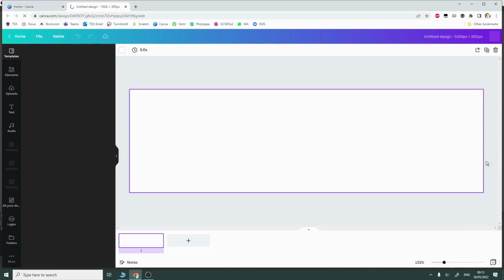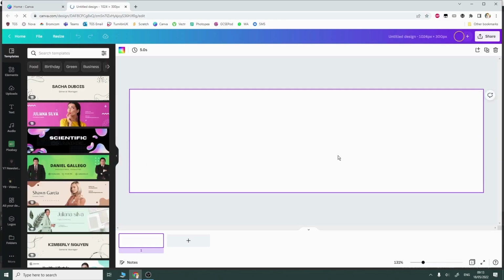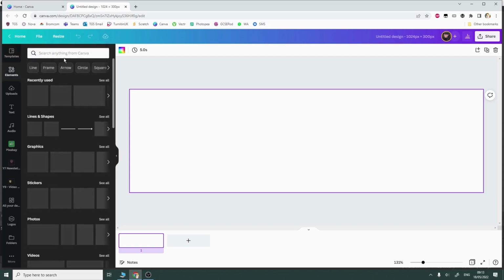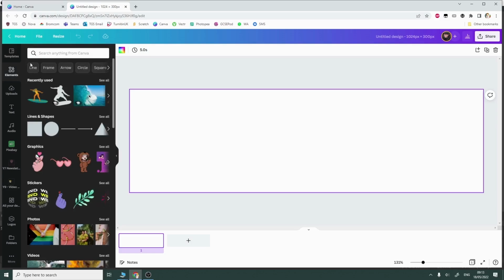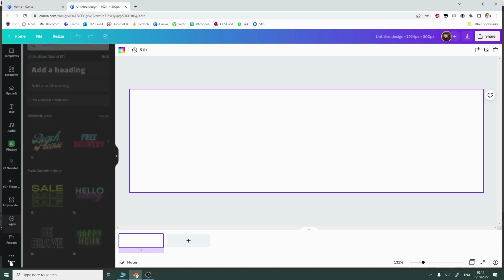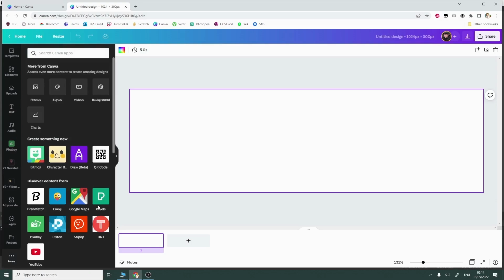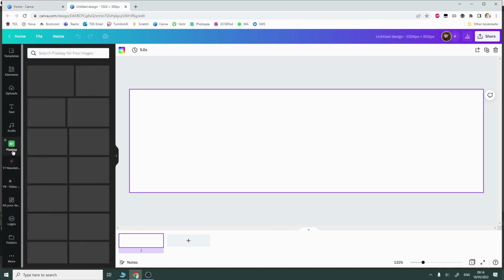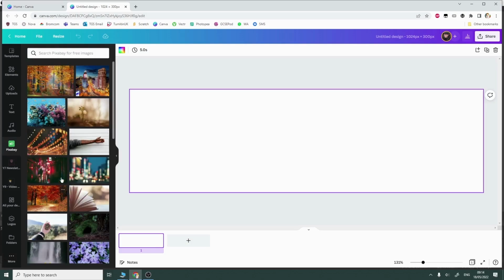Now that's the width of our website. Whenever you use Canva, you have got templates, but we're not going to use the templates for this task. We're going to create it ourselves. The two main areas you need are elements, which let you search for photographs and graphics, and text, which allows you to add text to your graphic. If you go down to more, you can also add Pexels and Pixabay,